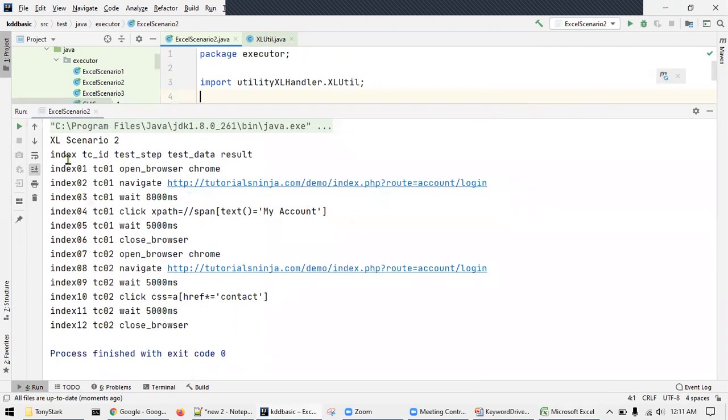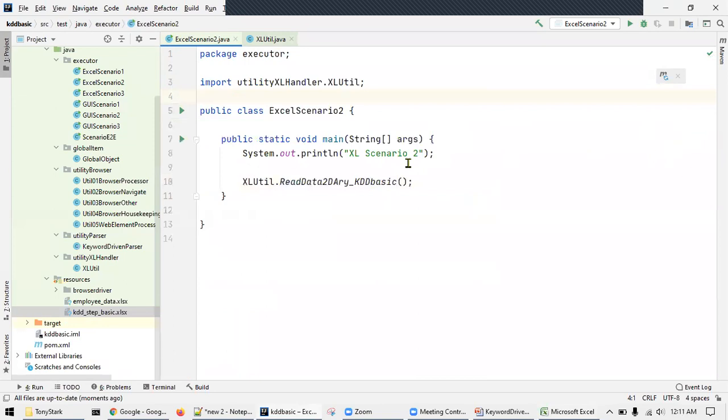Right. So now there are some rows, there are some columns, and there is some content in the Excel file. So this Excel file will be used as an input to our automation framework. Now, what is the input to the automation framework is basically keywords. Now, in the third example,